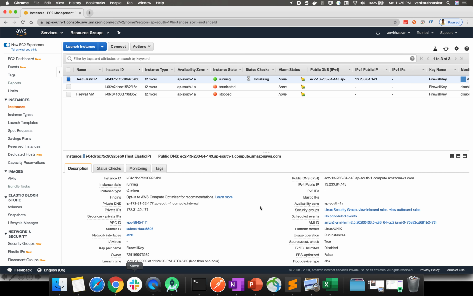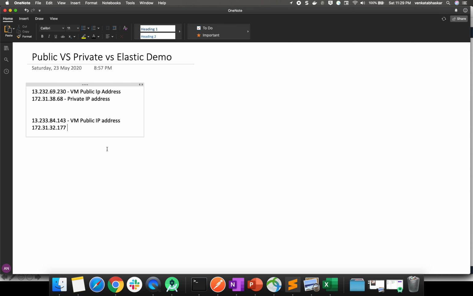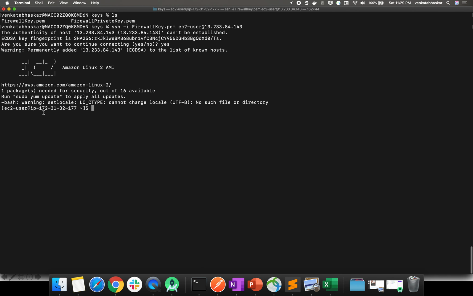Now we'll see one scenario. Let me copy my private IP also. This is the VM private IP address. Which one? The elastic IP VM. This is the name I gave. Okay, this is my public IP, this is my private IP. Now you are already logged into the system. This is your private IP. Please remember this IP. Now what I will do is stop the instance, then again I will restart my virtual machine. Then we'll see which IP address is available.